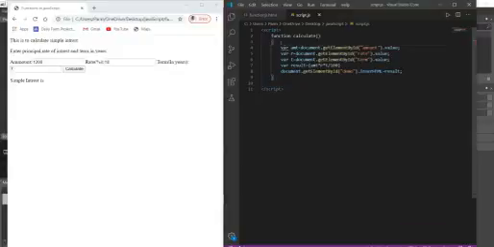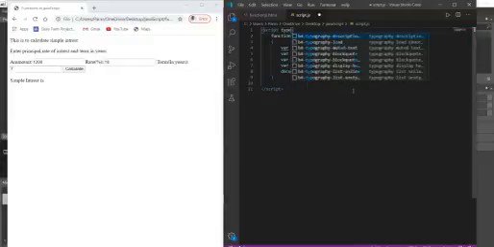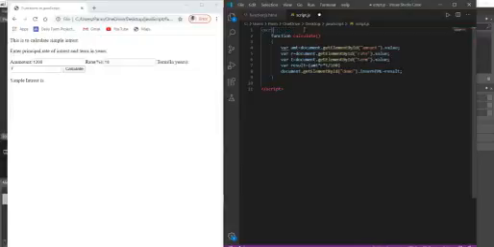We are facing some problem here. What is the problem? We need to use the script element here to make an external script. That's the reason it's not working.